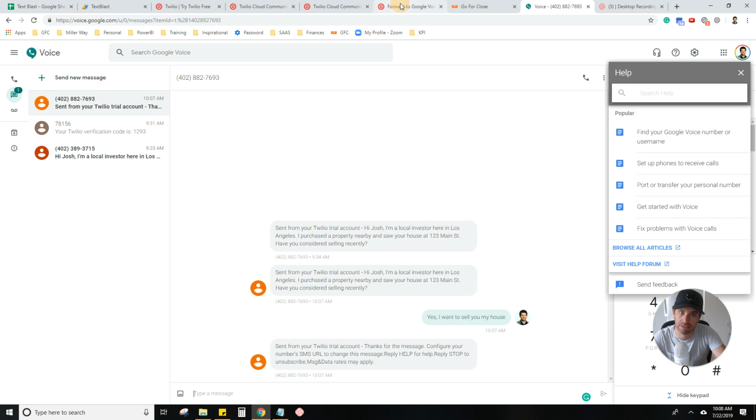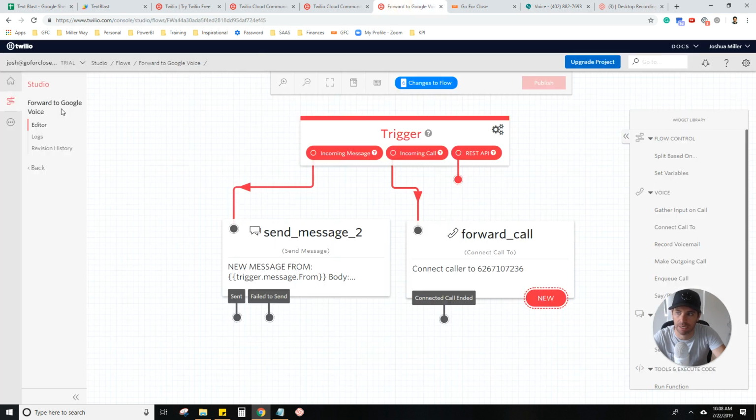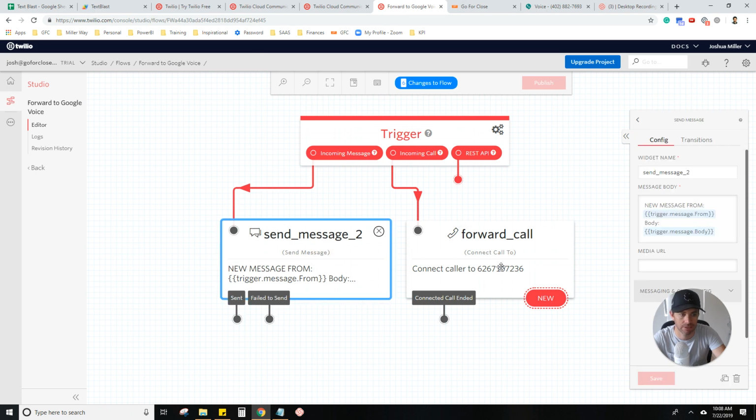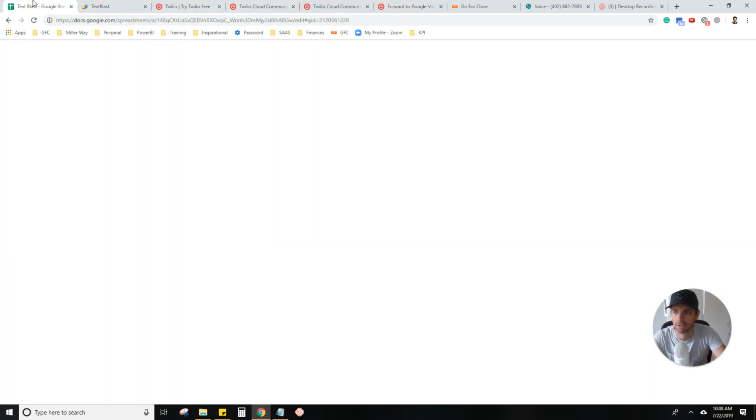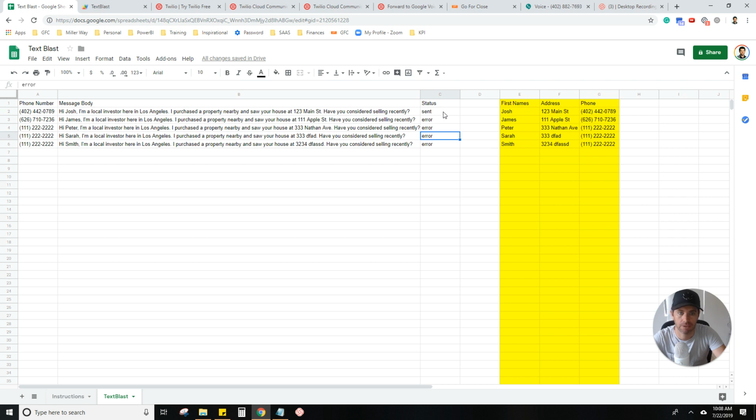It's really, really easy. Essentially, I like to use this studio, and it's just drag and drop, and you just say, hey, I want to forward text messages to a certain number. Anyways, I'll go into that in detail in another video. But yeah, you're good to go. So as you can see, this was a success. These were errors because I'm on a trial account and it doesn't let you send to